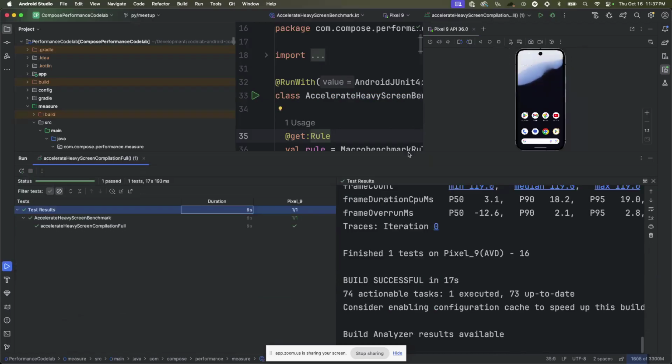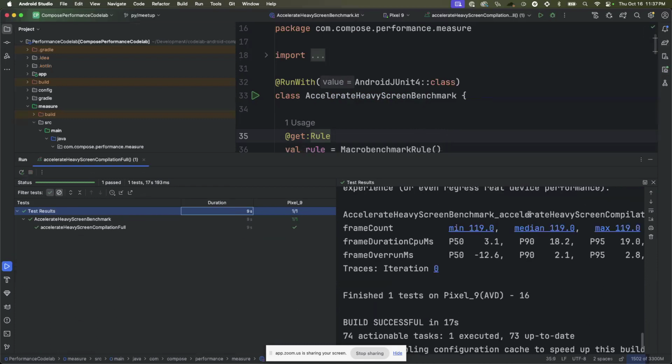Let me scroll a bit. I'm going to close that up. Right, so here, this is showing me the results of running that benchmark. And it's kind of interesting. It's showing, so